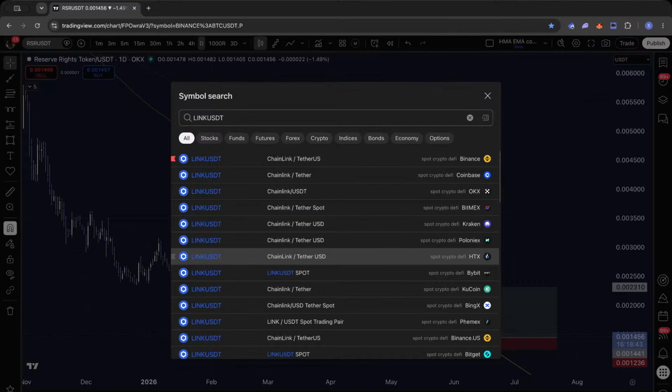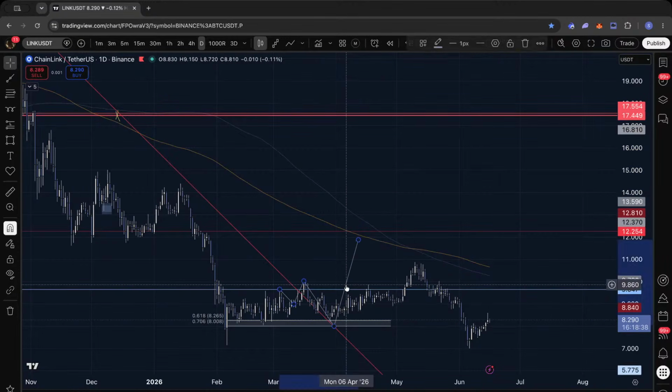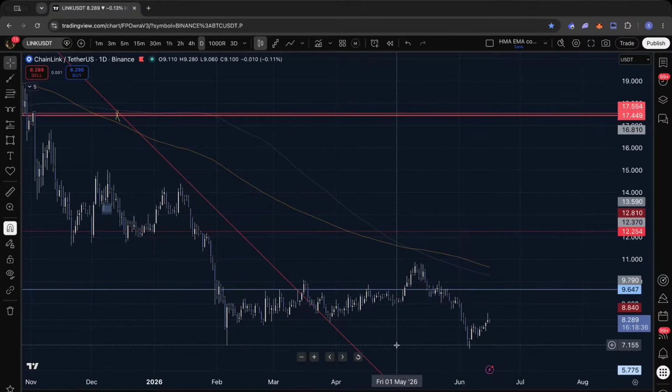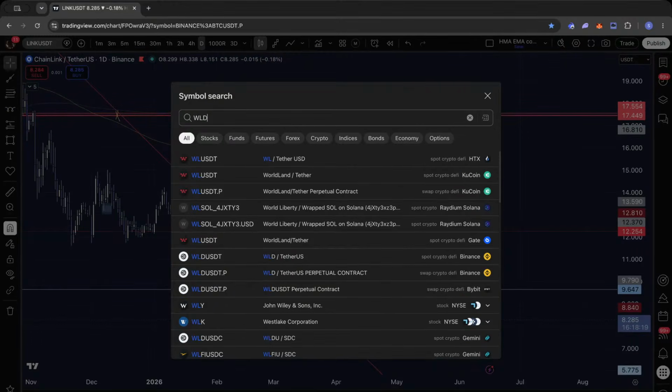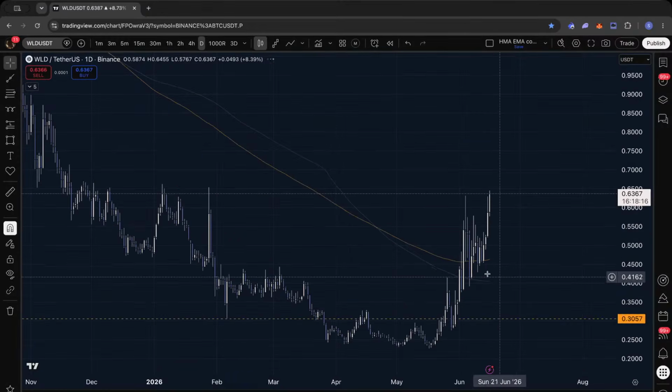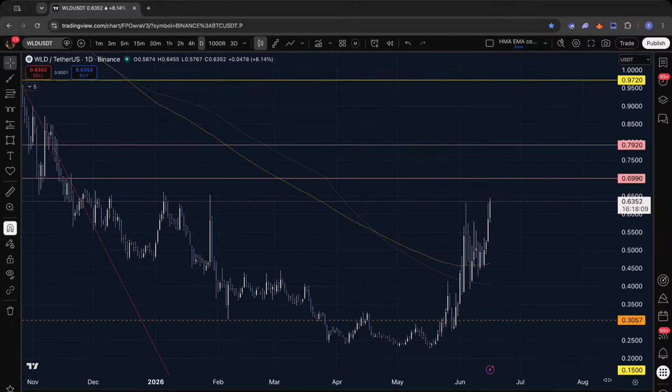Link. Let's delete it. We have a nice power of 3 coming in here. An AMD with a reclaim and a daily W. Same stuff. If you want to put some risk on the table, 8.1, that's the area, and then take profits accordingly to the upside. Man, this is one example of the coins which I discussed at the beginning. Everyone is just going crazy about this one. I'm not touching it. I don't care what this coin does.